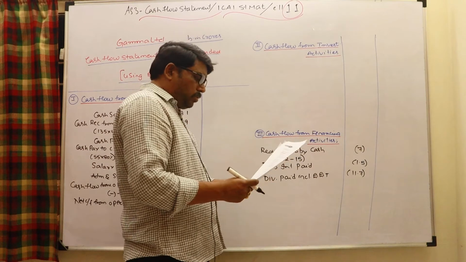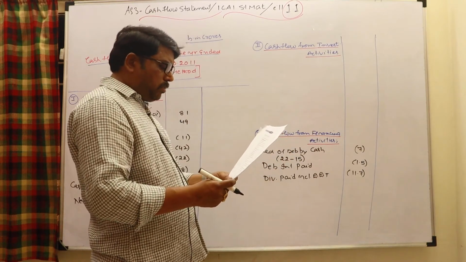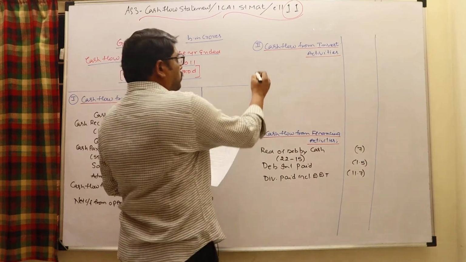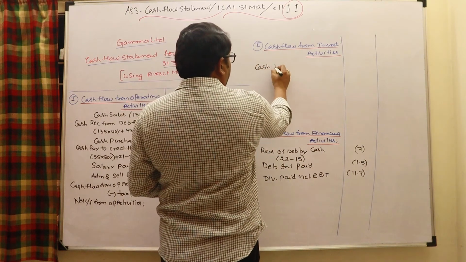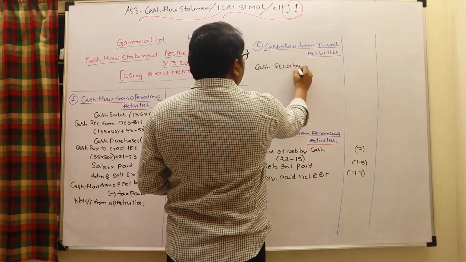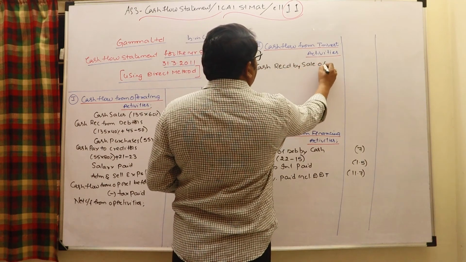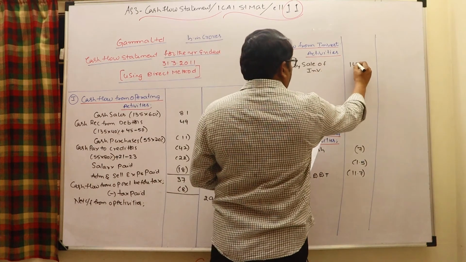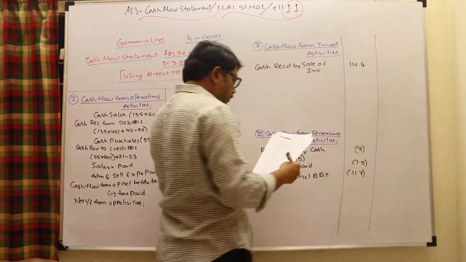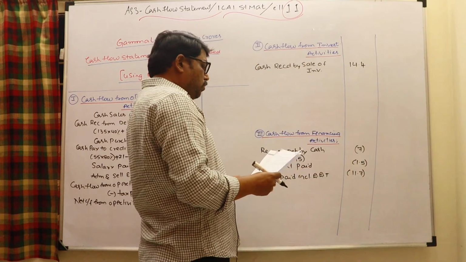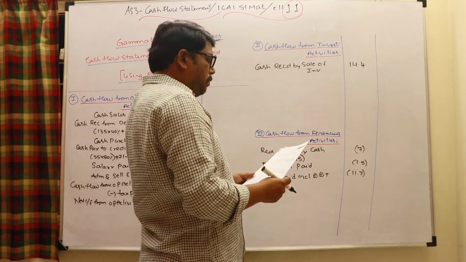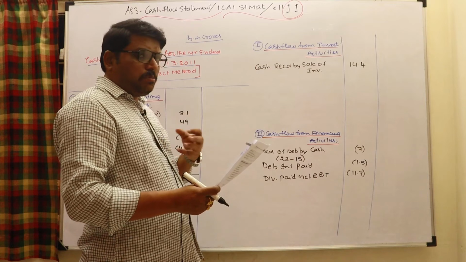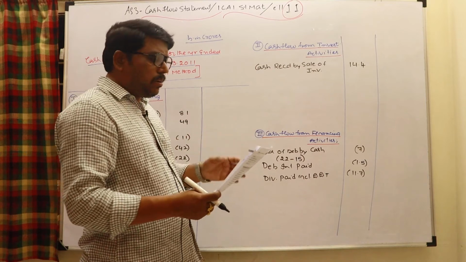Investment costing 12 crores was sold at a profit of 2.4 crores, which means a total of 14.4 crores was received as sale of investments. This is an investing activity, investments 14.4 crores. Income tax of 8 crores paid is already taken. A new plant was purchased at 21 crores, but here the old asset is given in exchange, book value 12 crores, but they accepted it at 10 crores.